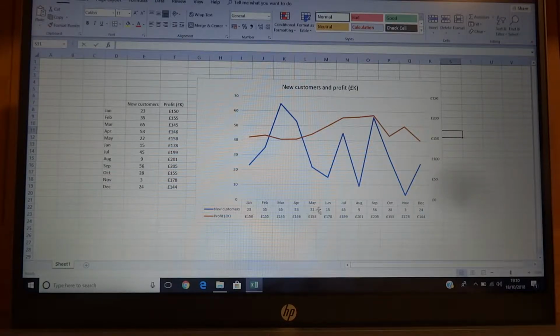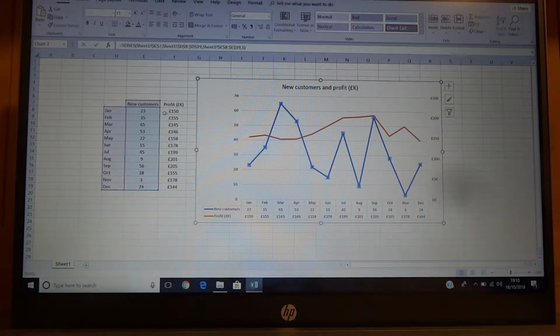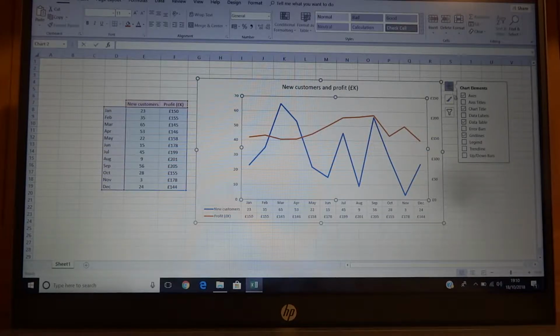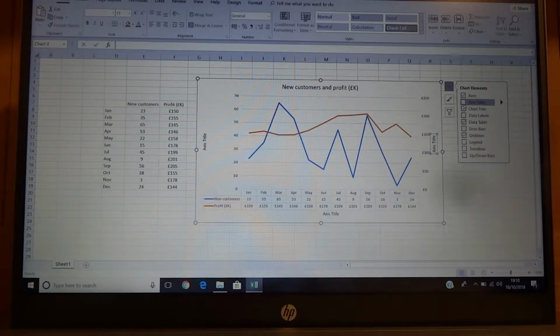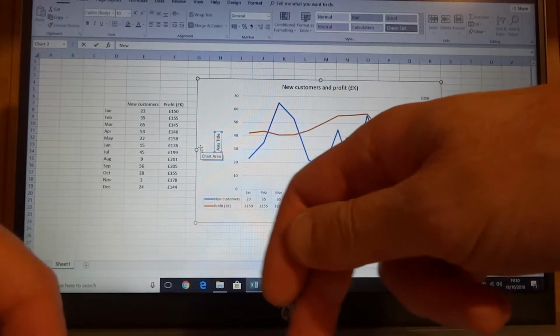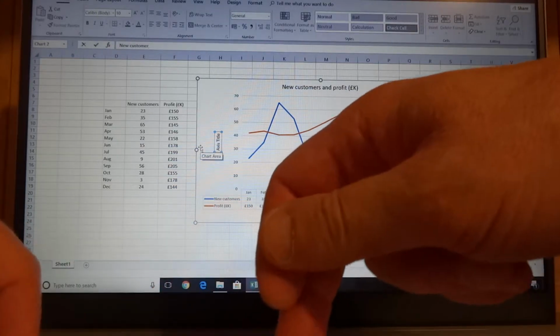Don't forget also to label each of the y-axes. This one here relates to this data set, so this is new customers over here. Okay, so if you click on your graph element additions up here, you have axes titles, and here we're going to type in new customers